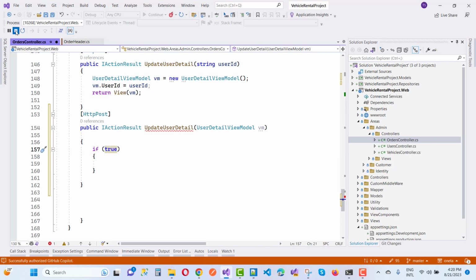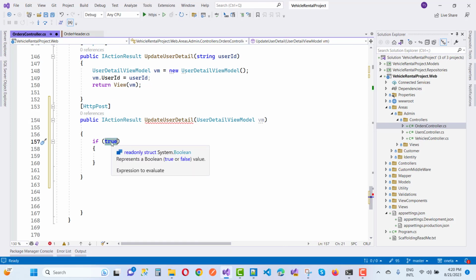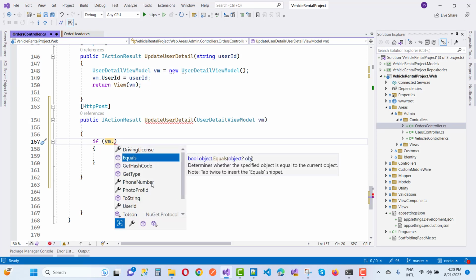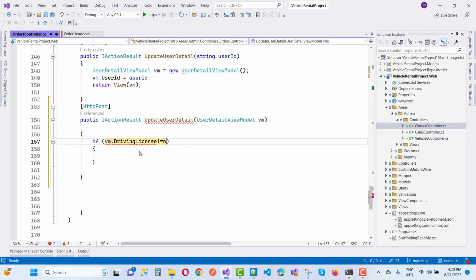Stop the debugging first and check VM.PhotoProofID, that is phone number, photo proof ID, user ID. That's fine. So driving license is not equal to null,